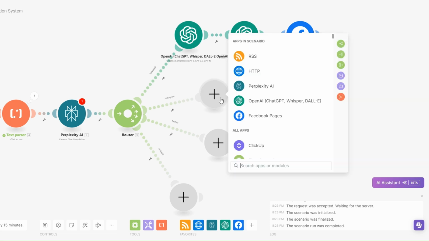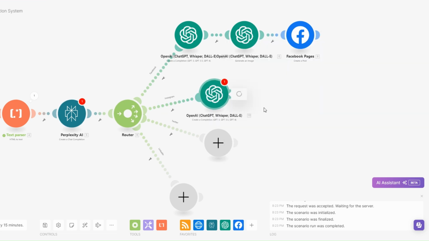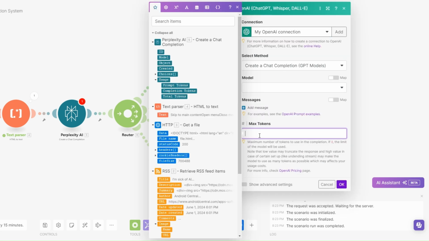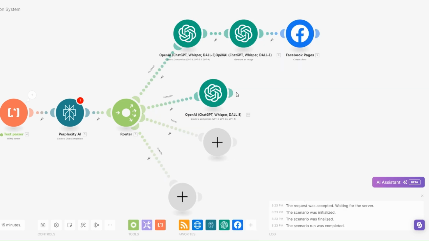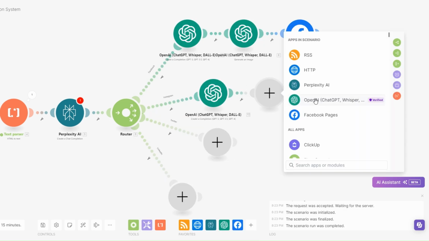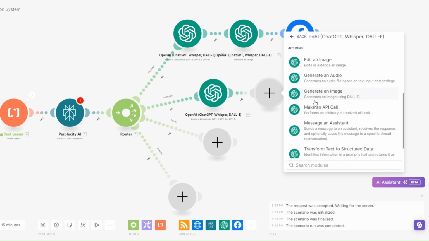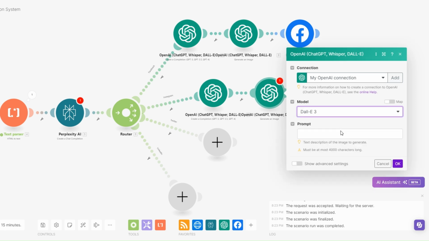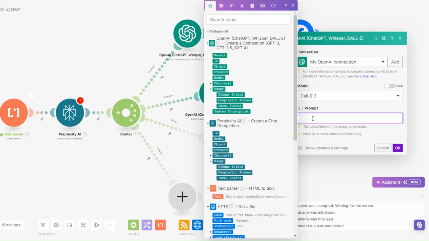Now to generate an Instagram post, we're going to follow the same process, where the first module, we're going to generate a caption from our summarized blog post. Click on OpenAI and click on Create a Completion. Here you will select the model and the maximum tokens, and then click on OK. Since this is an Instagram post, we're going to generate an image. Now to generate an image, just click on OpenAI and then click on Generate an Image. Choose the model. We're going to use DALL-E. And then for the prompt, you can also add